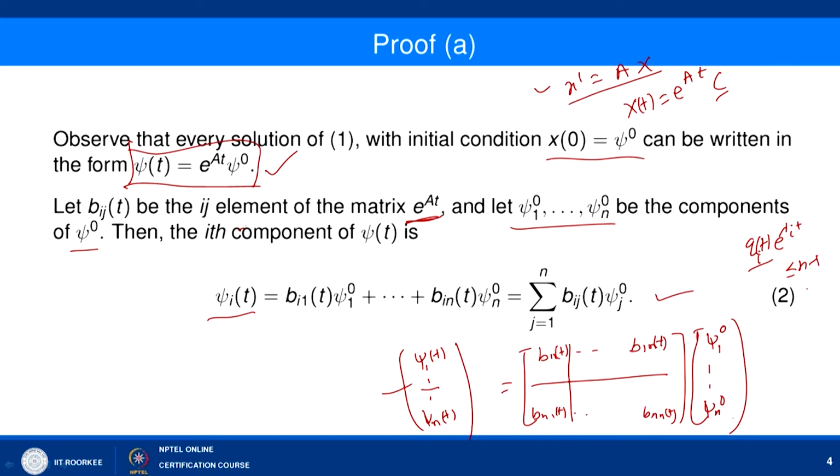It will achieve the degree n minus 1 in the case when we have only eigenvalue lambda_i repeated n times,